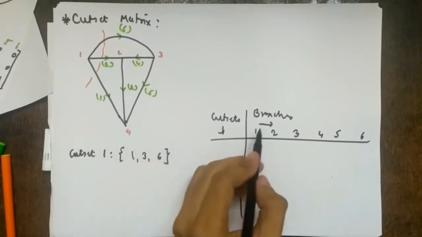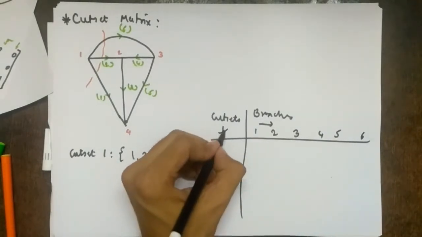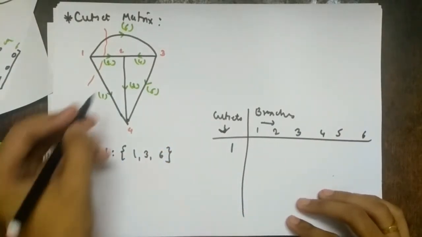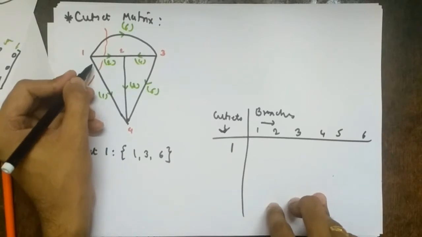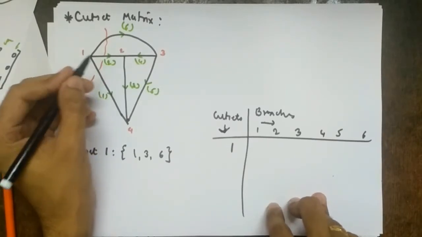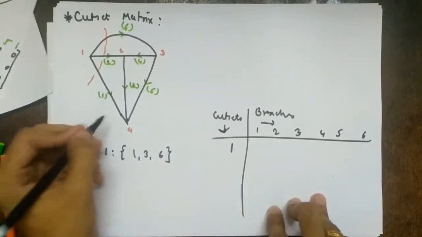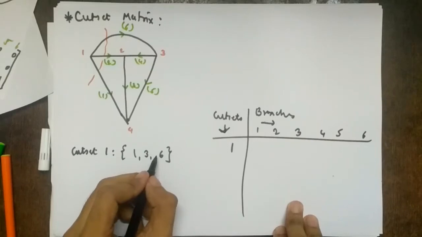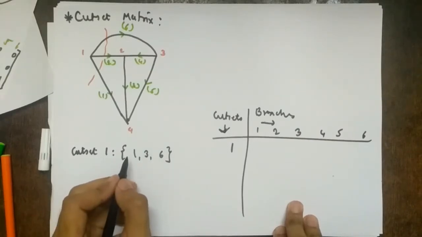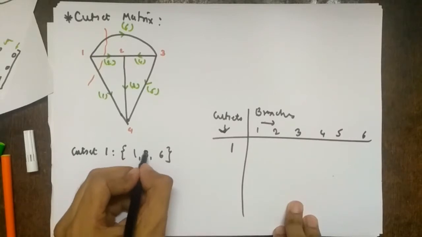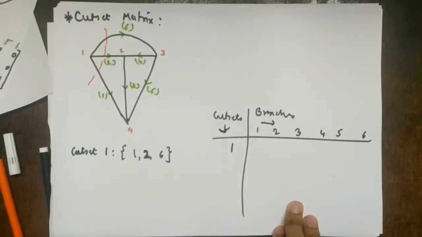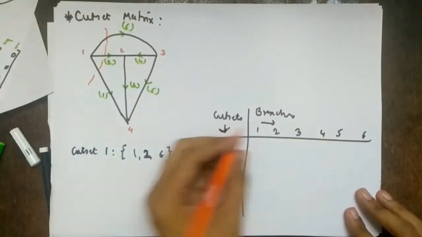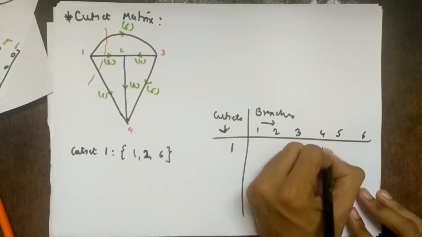So what is the matrix size? Columns are given by the number of branches, and rows are the number of cut sets. So cut set 1, right? The value will be 1 if the orientation of the branch is the same as that of branch 1, right? And when will it be 0? So what branches do I have? 1, 3 and 6, right? So I have 1, 2 and 6. So 1, 2 and 6 will be either 1 or minus 1, and the rest will be 0, meaning 3, 4, 5 will be 0. So I can directly write 0 here. We always write 0 first, right?